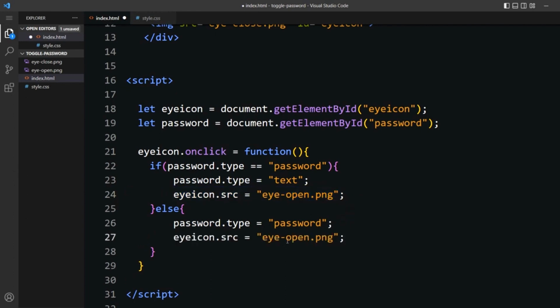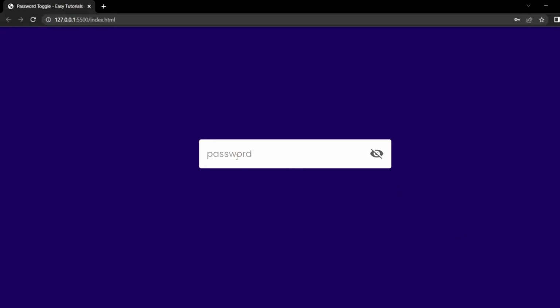So take the variable eyeIcon.src equal to open.png. Copy this one, add it here in this else condition, and it will be close.png, eye close.png, that's it. So it will update the icon also. After adding this, again come back to the website. If I write something here and click